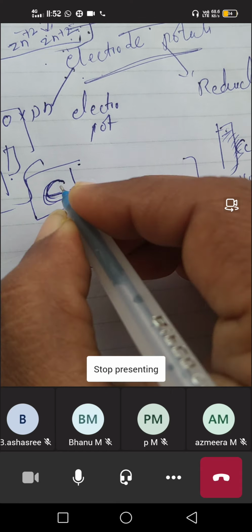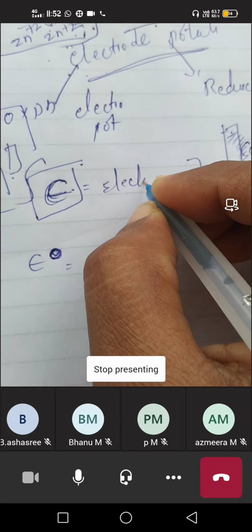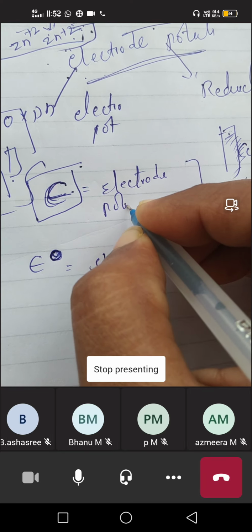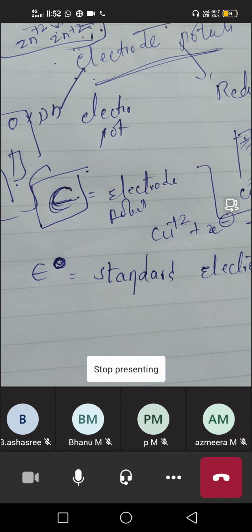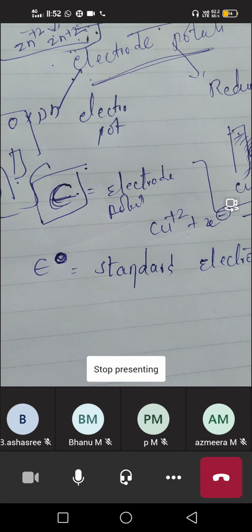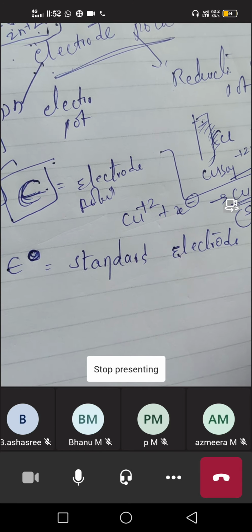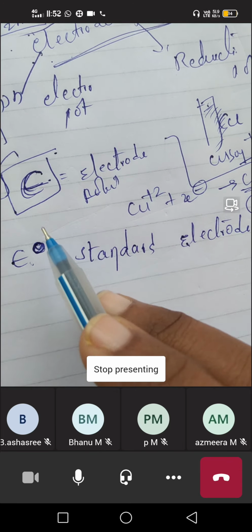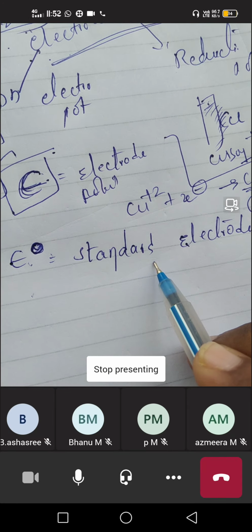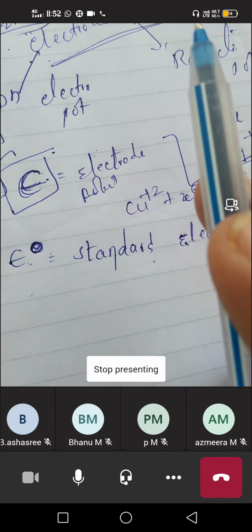Okay, understand? So E is the normal electrode potential, just simply the electrode potential of any metal. That may be the electrode potential of iron, the electrode potential of copper, whatever it may be. So here E naught means the standard electrode potential of the metal which is used in the process. So what is the difference between E and E naught? It is the standard one, whereas E is the simple electrode potential.